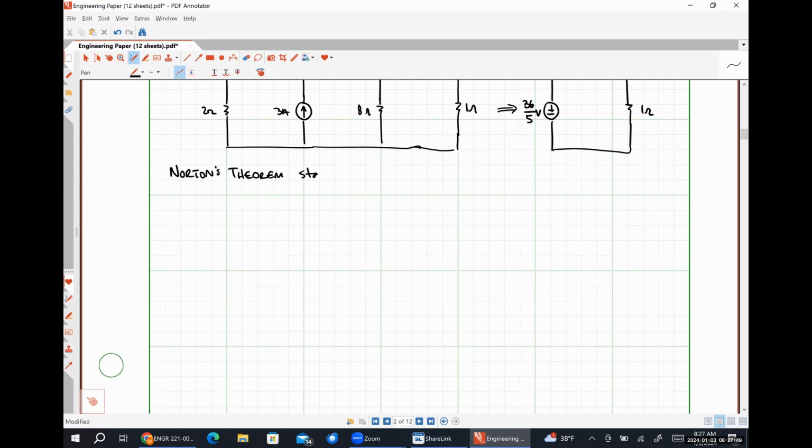Norton's theorem states that any linear two-terminal network may be replaced at the terminals by